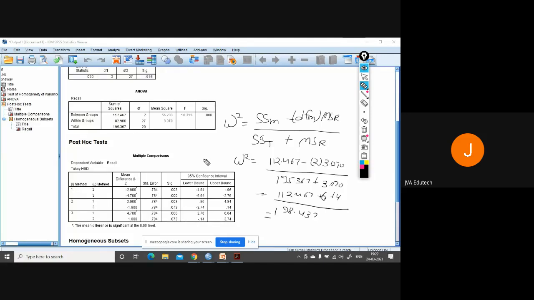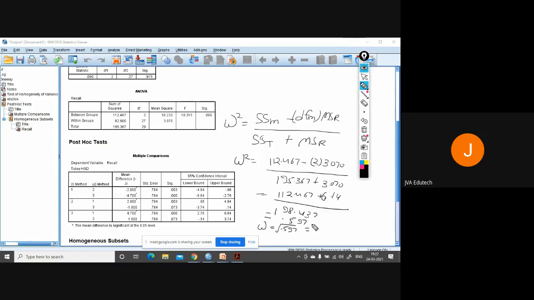This will be equal to 0.597, and now the value of omega will be the square root of 0.597.